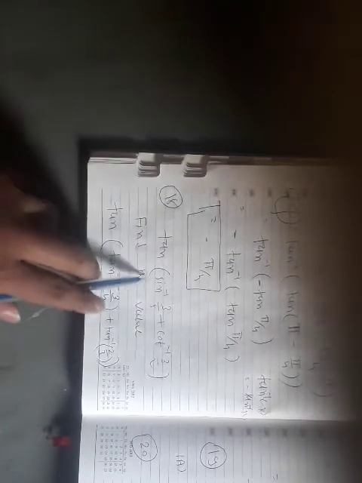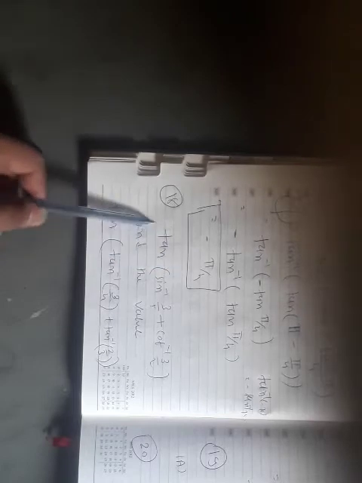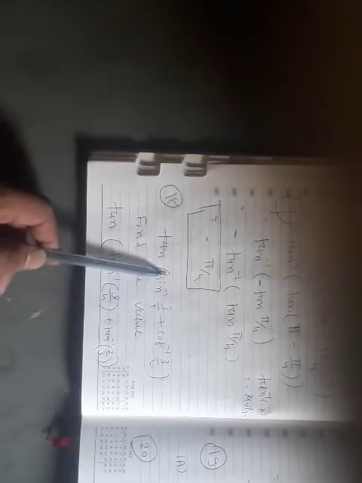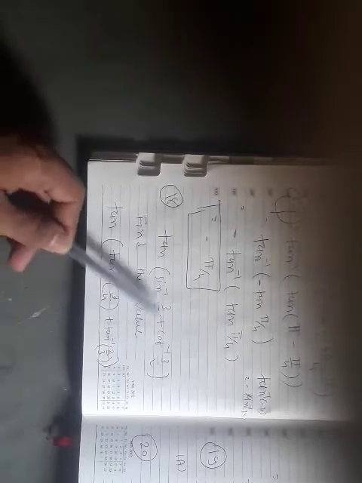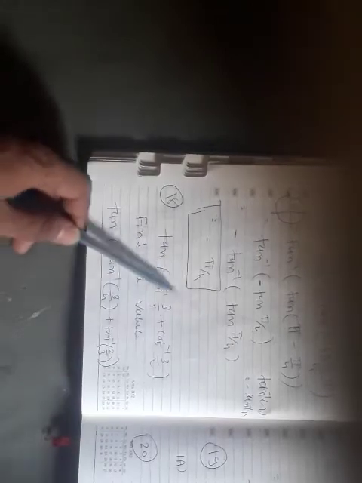Okay, 18th question. See what the question is. tan of sine inverse 3 by 5 plus cot inverse 3 by 2. Now we need to find the value of this. Okay, we have tan outside, so we will try to convert this sine inverse and cot inverse into tan inverse. Now to do this, we can simply use the triangle method here.